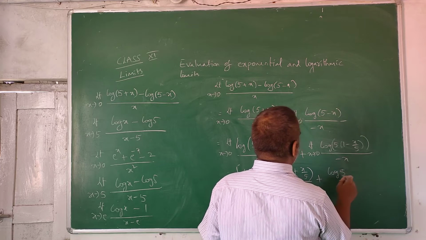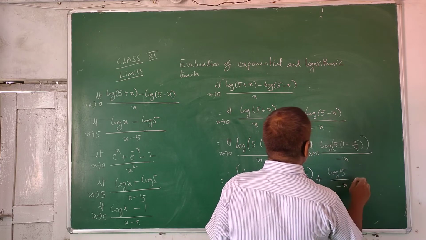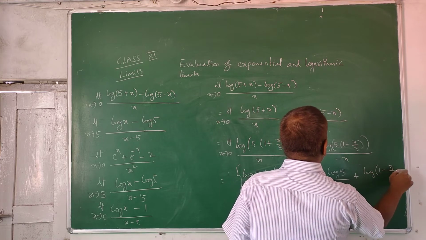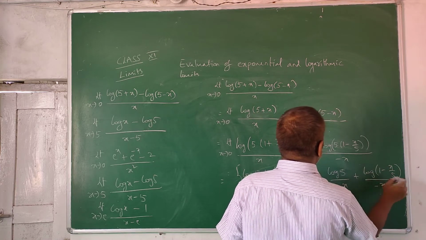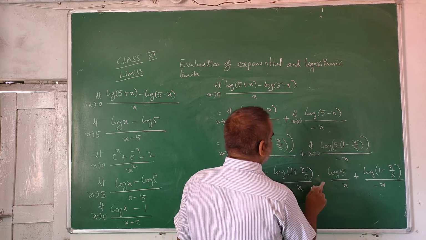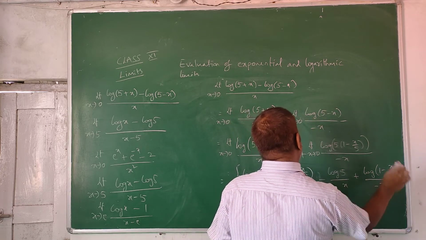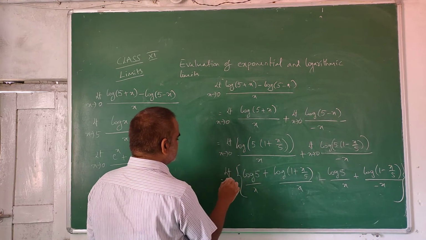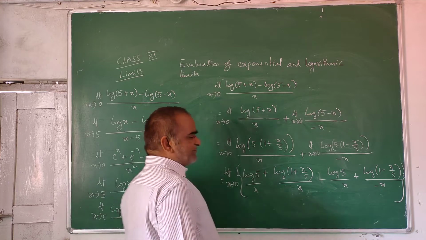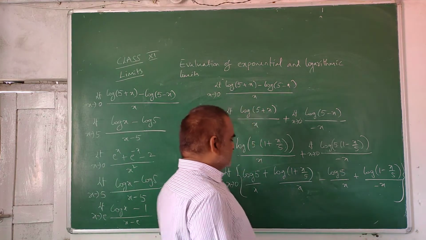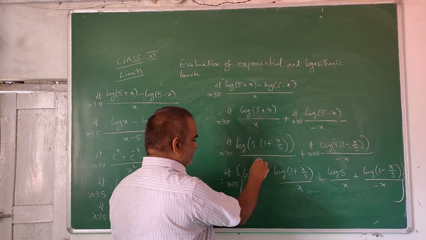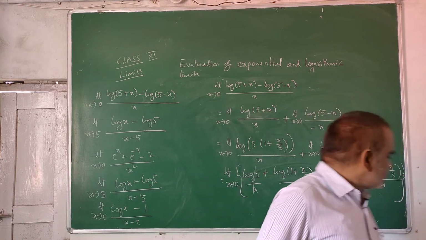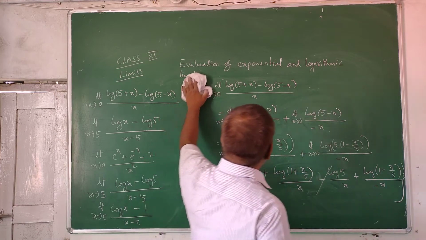So log 5 by minus x plus log of 1 minus x by 5 by minus x. So here you put minus, here you put minus only. Then limit x tends to 0. Convenience matters, okay. So now here log 5 by x plus log 5 by x minus log 5 by x get cancelled, okay. Then you are left with